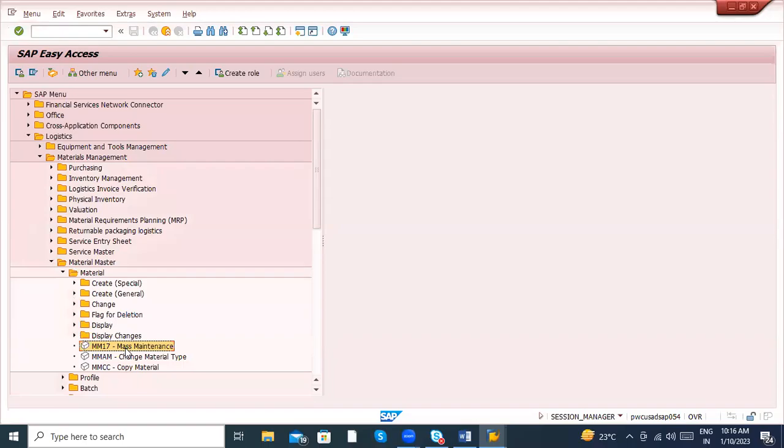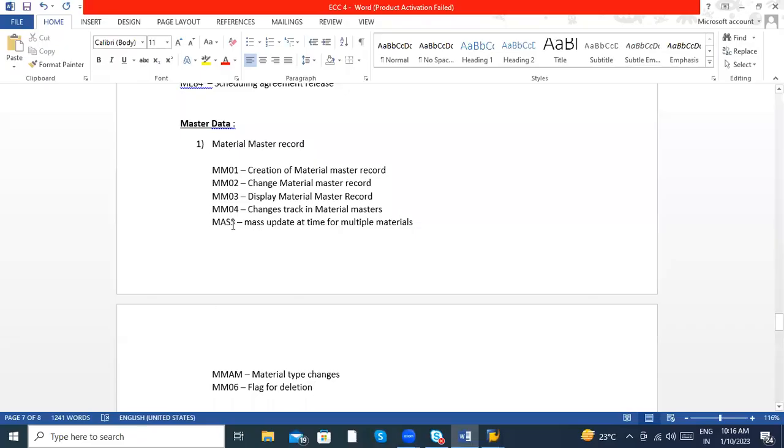MM17 is mass maintenance. So this is the mass transaction for all the master data. Maybe if you want to do it for the vendor master record, or for the purchase info record, I can do everything from there. But MM17 is especially only for the material master record. Okay,